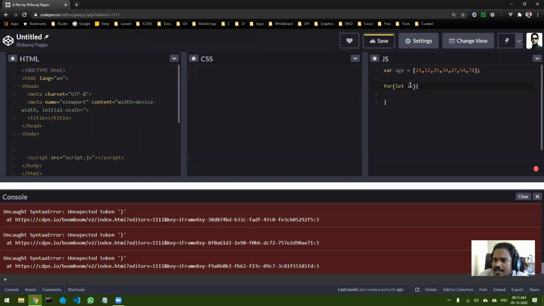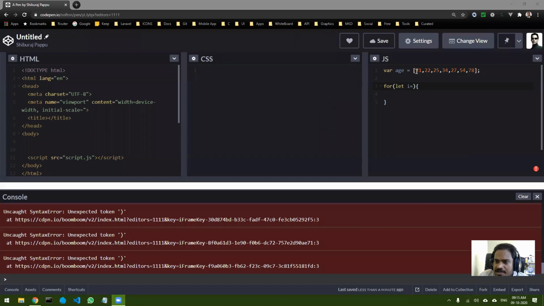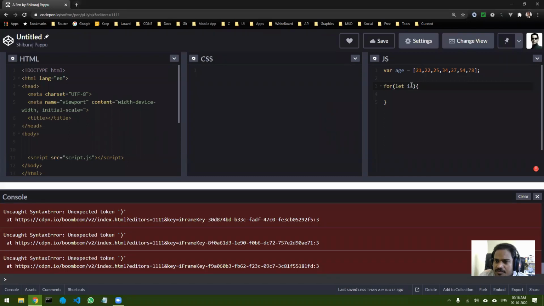Should I start with i equal to 0 or i equal to 1? What should be the best? 0. Okay, so why 0? Because arrays start from index 0. Okay, so if you start from 1, then when you access a particular index, you have to subtract 1 to get that particular element. Okay, so basically you can do it both ways, but 0 will be much easier.